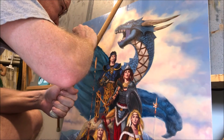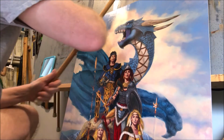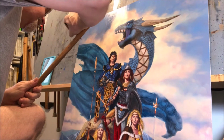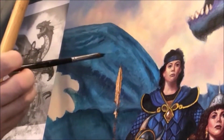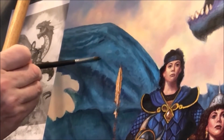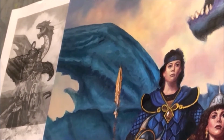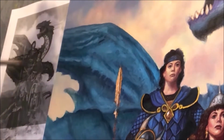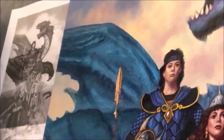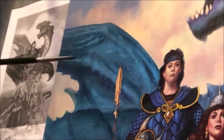are going to fall. So I really want to almost blend back into that per se, but obviously it's dry. So by laying down the clear Liquin, I'm able to blend the paint wet into wet. It just doesn't affect the layer underneath at all. The layer obviously doesn't move. As I'm blending in these areas, I'm being much more cautious about edges. I'm really looking to clean those up and move on from the dragon. And at this point, this is maybe the last pass that I'll do on this wing. Hopefully, at least that's what I'm thinking at this point. Now, if it needs more, it'll get more, but